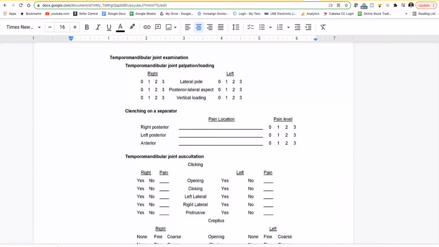As you can see, what we're looking for is clenching in the anterior, so you're clenching between 8 and 9, and you're getting a sense of where pain might be. It might be in both joints, it might be in one joint. Then you're going to put it posteriorly on the right, and then you're going to have them clench. And most of the time you're going to have contralateral pain, because the condyle of the contralateral side of where the clencher is unfortunately unprotected. So you get a lot more force in the condyle on that side. And then you correspond the amount of pain that's there. So clenching on a separator is very helpful for